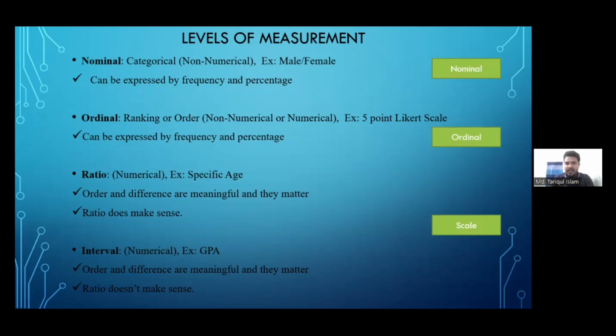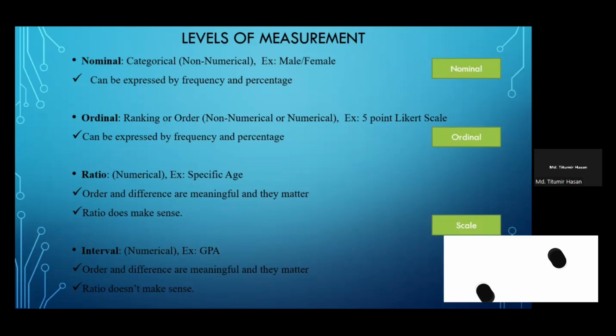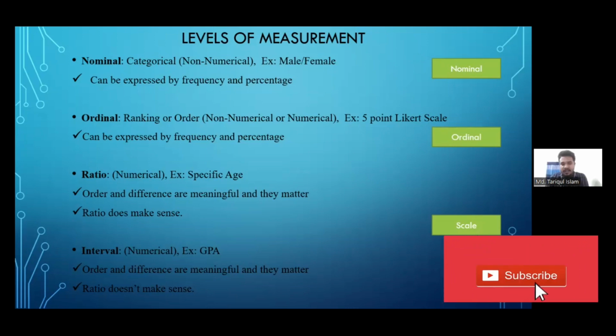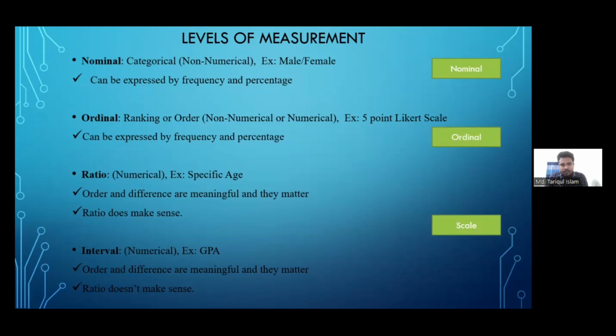In our SPSS database, there are three types of scale, three types of measurement. Nominal will be considered as nominal, the ordinal will be considered as ordinal, and the ratio and interval will be considered as scale. But there is a doubt, not doubt actually, there is a bias about the age group. In ratio, we have talked about the specific age,